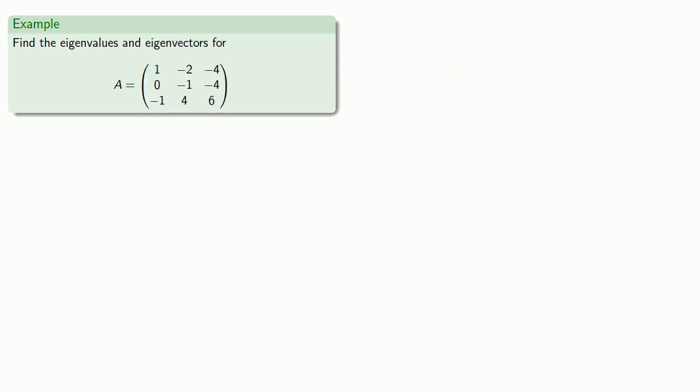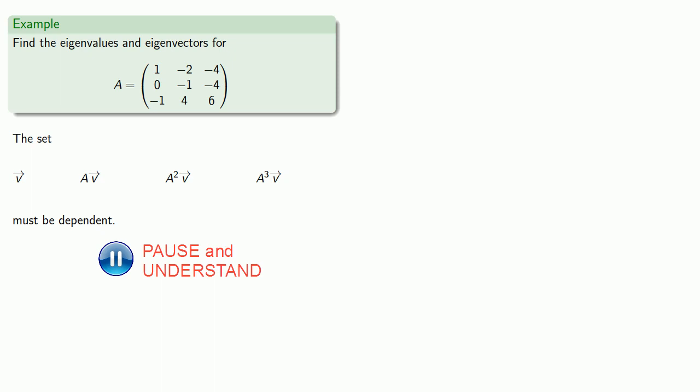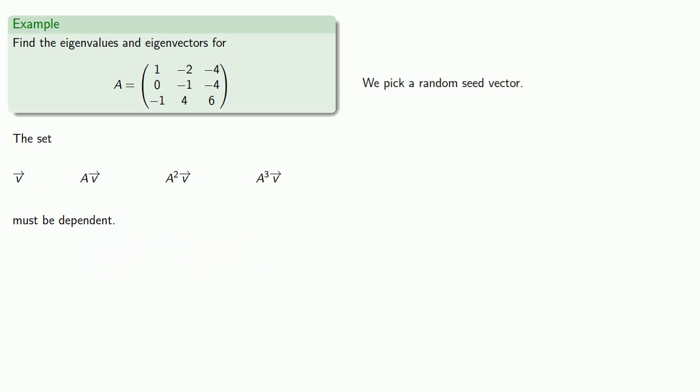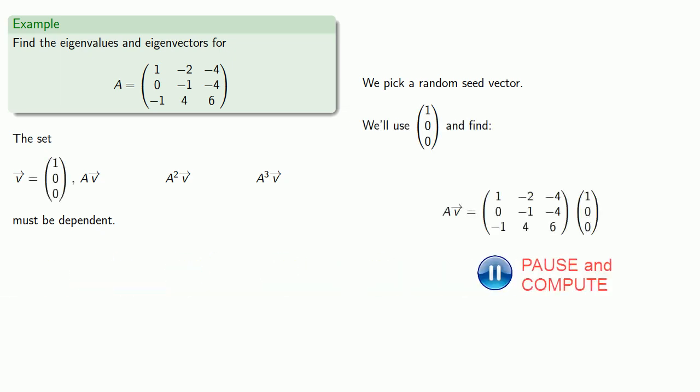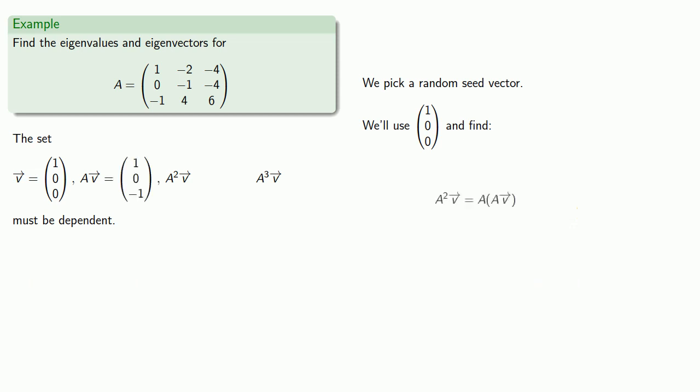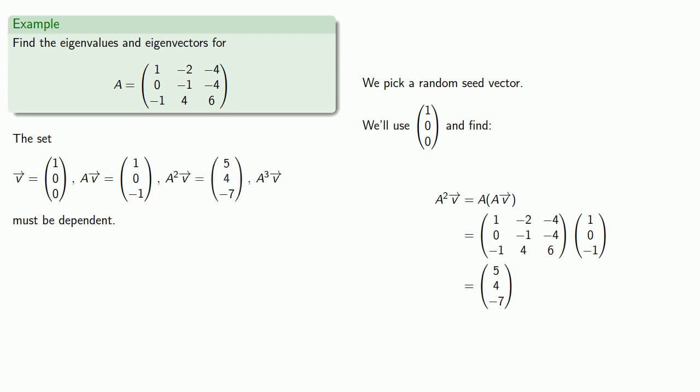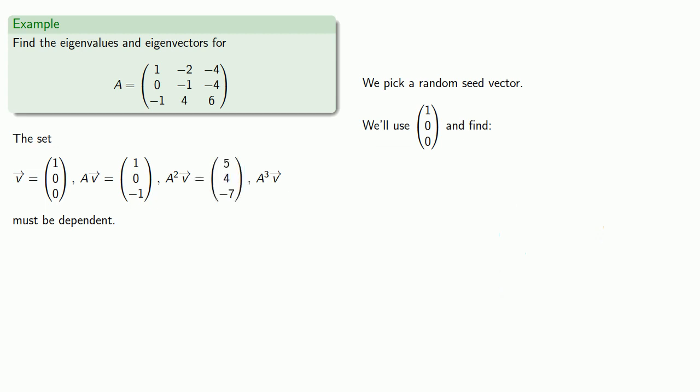How about a 3 by 3 matrix? Since this matrix acts on vectors in R3, then any set of 4 vectors in R3 will necessarily be dependent, so the set v, Av, A squared v, and A cubed v must be dependent. So I'll pick a random seed vector, say 1, 0, 0, and we'll find Av, A squared v, A cubed v,